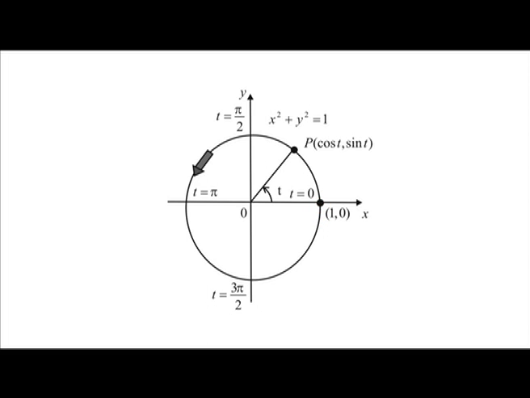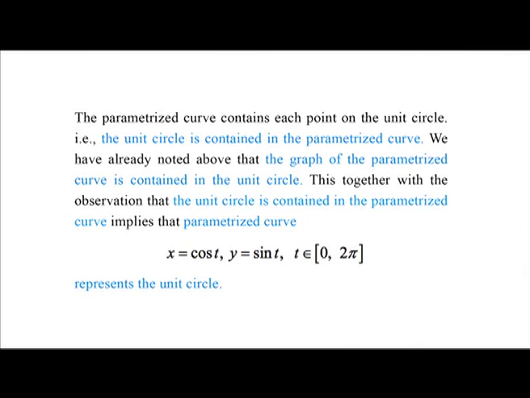Thus, when t increases from 0 to 2 pi, points on the parameterized curve move in the counterclockwise direction along the circle, starting from (1, 0) and reaching back at the same point (1, 0). This shows that the parameterized curve contains each point on the unit circle. That is, the unit circle is contained in the parameterized curve. We have already noted above that the graph of the parameterized curve is contained in the unit circle. This, together with the observation that the unit circle is contained in the parameterized curve, implies that the parameterized curve